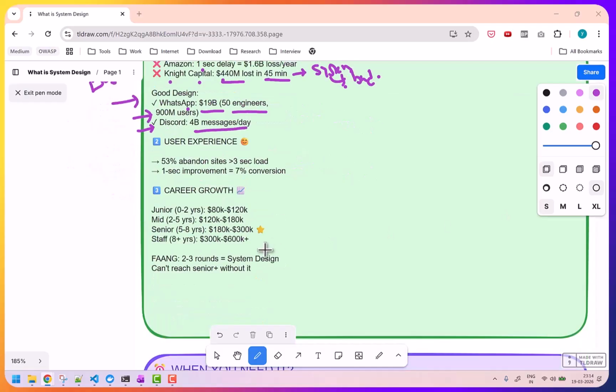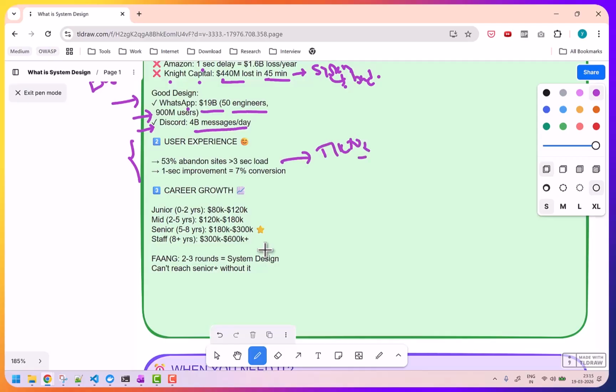Then user experience. System design is linked to user experience. If your system design is strong, user experience will be pleasant. Because remember, users don't see your code, how strong your code is or how well it is written. They experience your system design, how your all end-to-end application works. That's what they experience. So poor system design, for example, Instagram takes 10 seconds to load feed. Videos buffer constantly. App crashes during peak hours. What is the result? People will switch to TikTok.